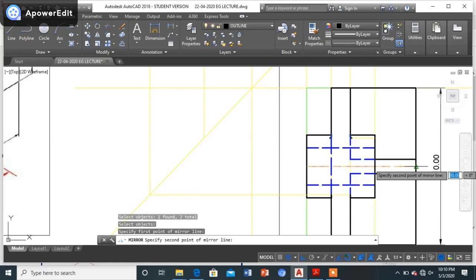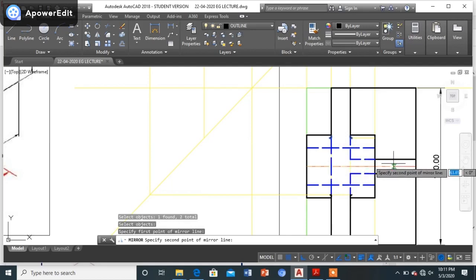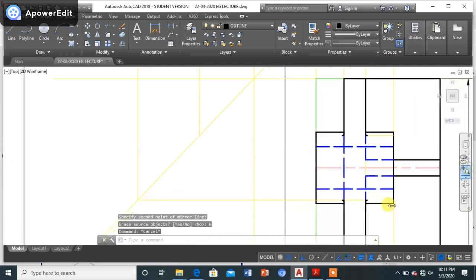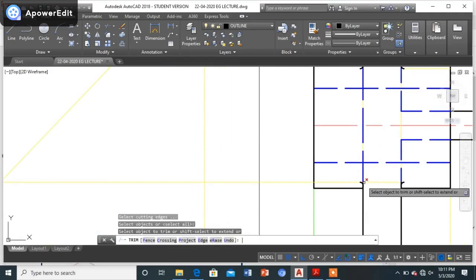Now I will be just drawing it over here. I have selected this particular fillet. I have selected this second particular fillet. Then what do I do? Simply I go till here. I have done. So once I'm done till here, let us simply trim out the part that is not required.